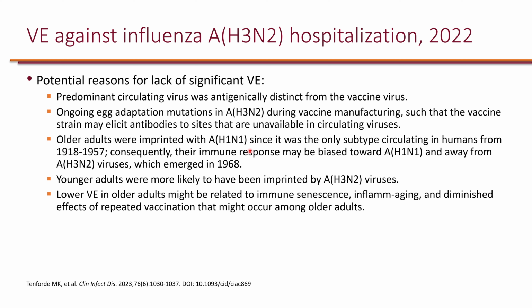So there were 2,993 controls. With the influenza cases, 33% were vaccinated. With the controls, 49% were vaccinated. And they essentially found a significant vaccine effectiveness against hospitalization. So now that there was a match, and this is overall, both H1N1 and H3N2, so any of the two